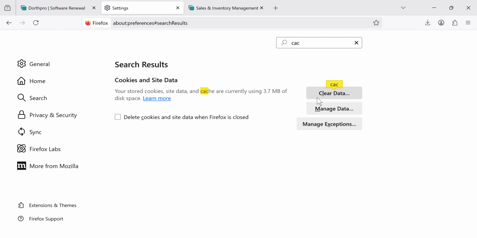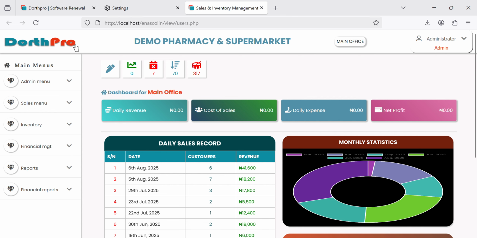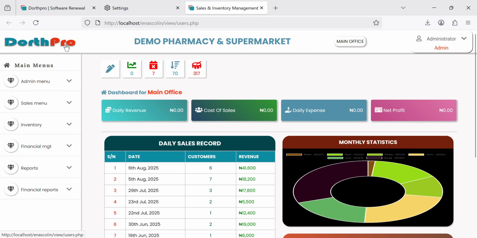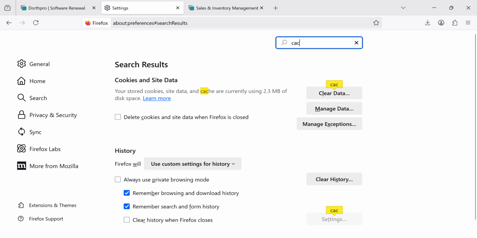But in this case here, you can just click on clear data and click on clear. Once you've cleared this, you can go back to your software tab and then refresh, so it downloads all your new data. So like I said, you can also set it to always clear whenever you turn off your browser